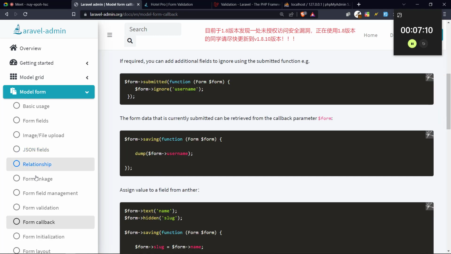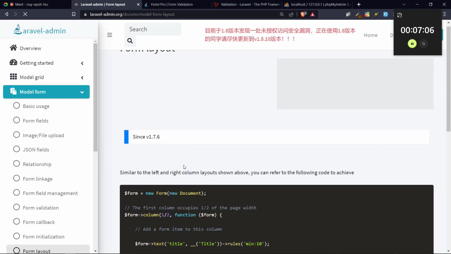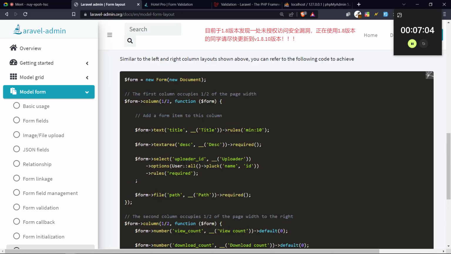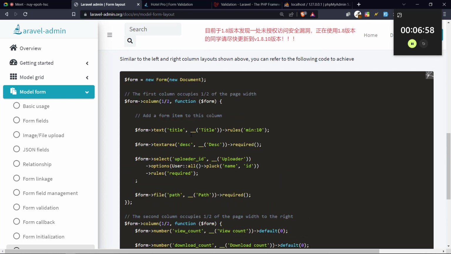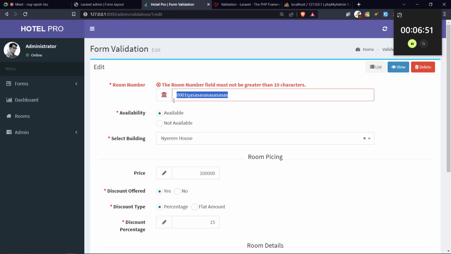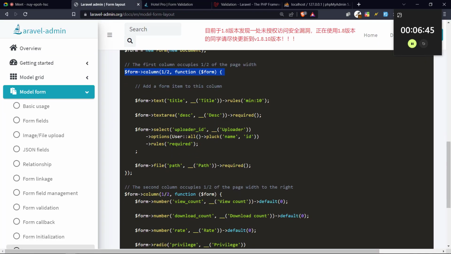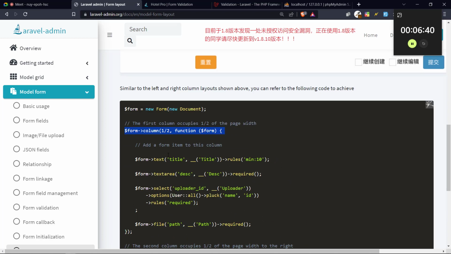So in this form layout is just how you may need to organize your form. For example, one side you have different things, and another side you have different things. Let me show you what I'm talking about. So this is our form. So if I want to put layouts, if I want to put dividers, for example, I can just simply come here and then come to our form. This is the form, and then come and say